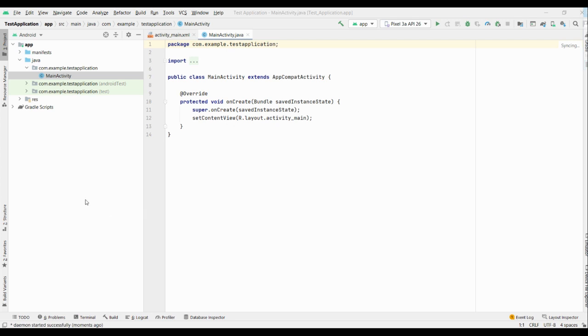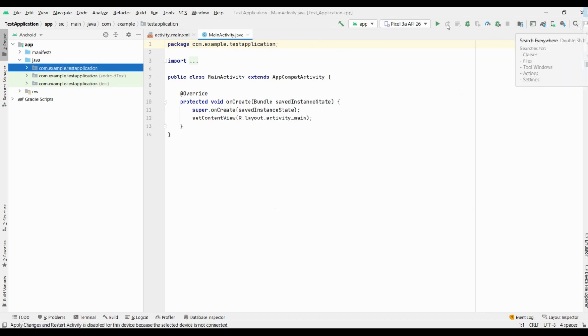So here we'll see different parts of the Android Studio. We have a project tree where you can see the actual project structure. And this is where you code it. We have a couple of options here where you can run, debug, and we have the menu. And in the bottom, we can see the event log, the profiler, database inspector, logcat, all those. Going forward, we'll explore all these options. You'll come to know when we start coding and executing the applications.